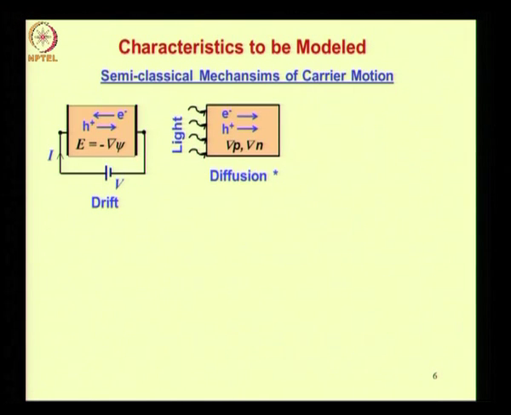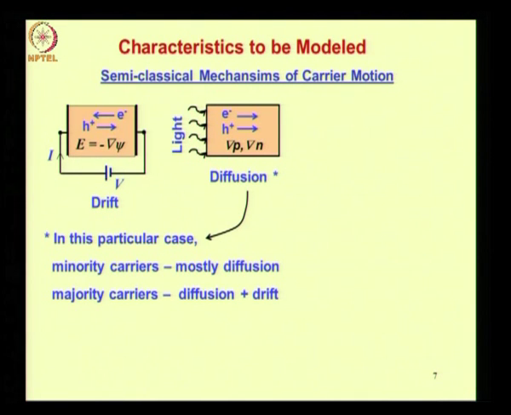Now there is one clarification. As shown in the slide, in this particular case, while the minority carriers flow mostly because of diffusion, the majority carriers flow because of diffusion as well as drift. Now this is because in this case the electrons and holes are both moving to the right. Since there is no current injected from the left end, together the electron and hole current should add up to 0, but diffusion coefficient of electrons is more than that of holes and therefore the electrons tend to diffuse